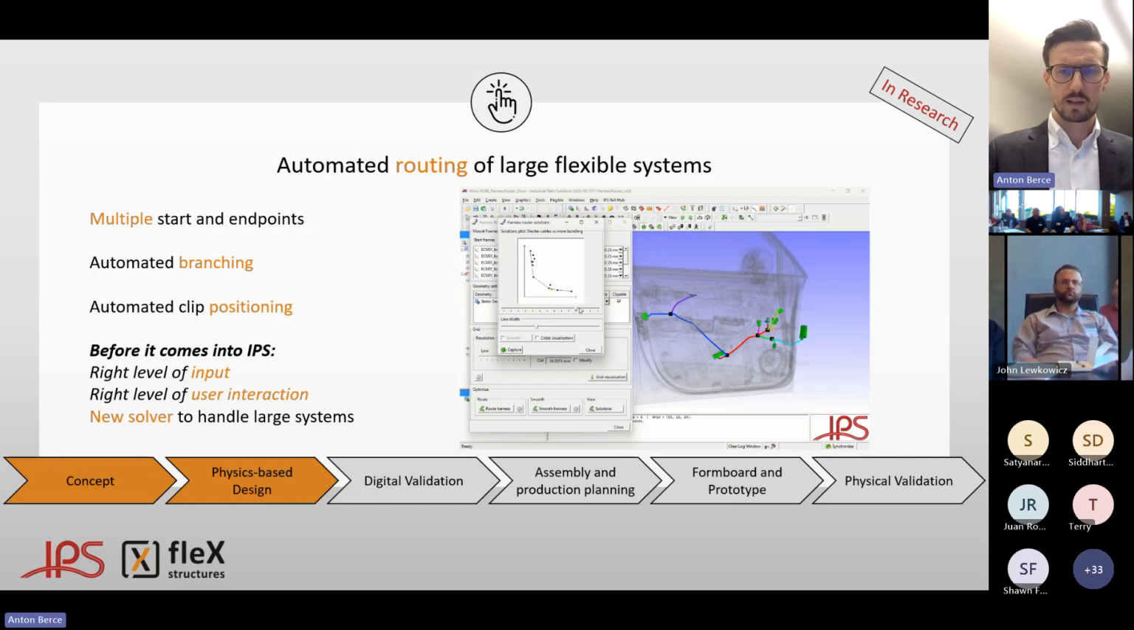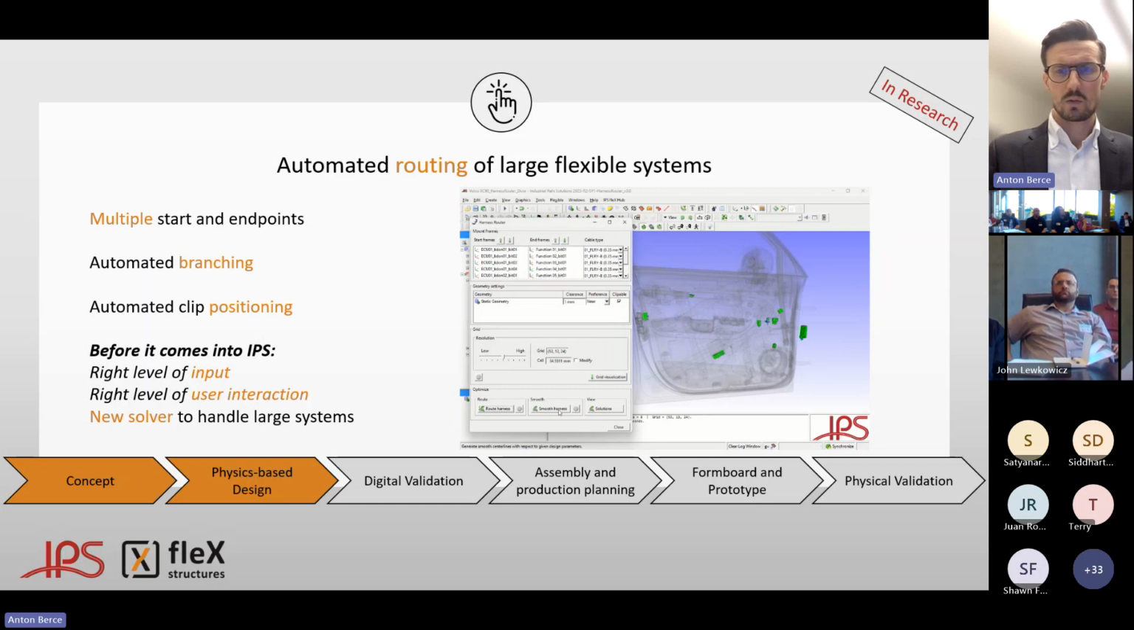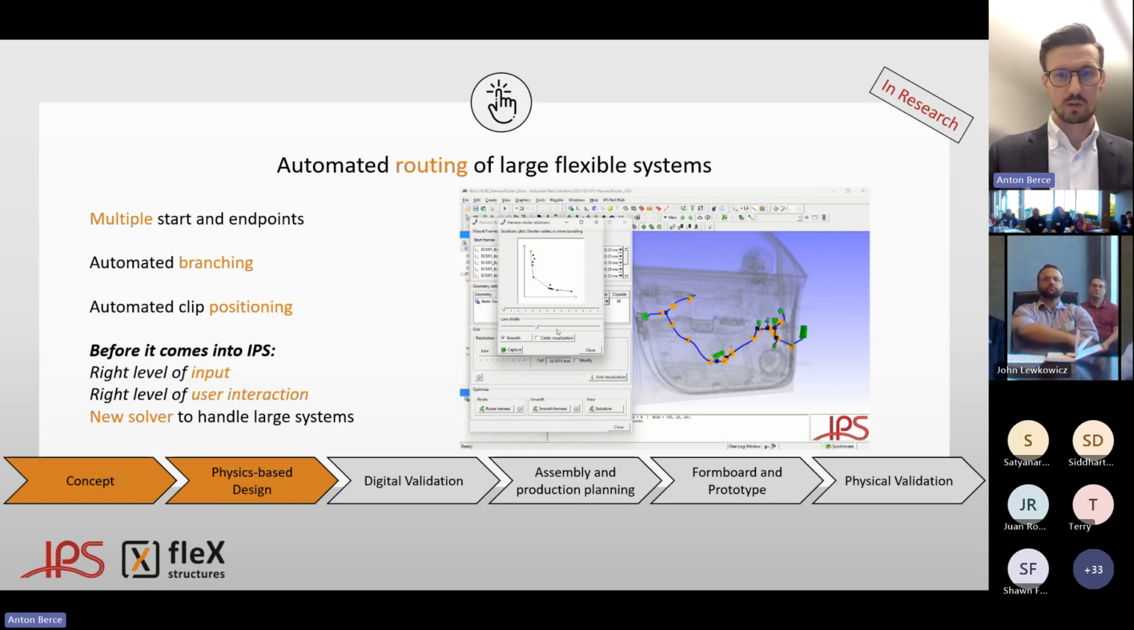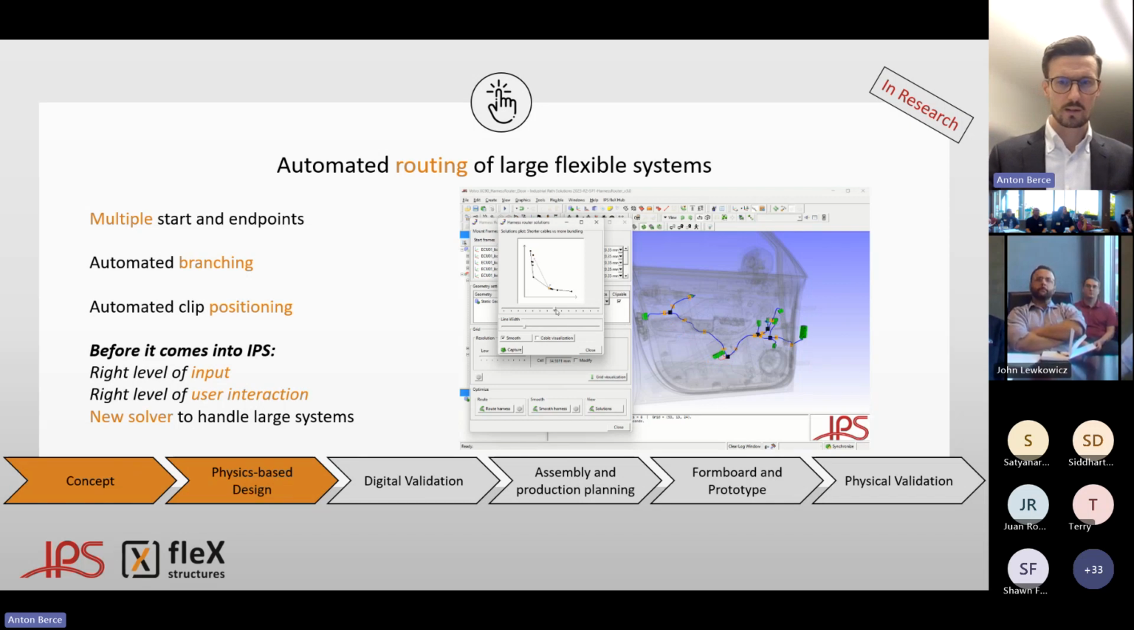So what happens here is basically you start with a bunch of start and end points. You say to IPS that, okay, I want as short total length as possible, or I want as much of the cable to be bundled as possible. So this is a trade-off, and this is what you see here in the Pareto front. But as you see, to the user it's a very simple interface that you can basically switch in between these